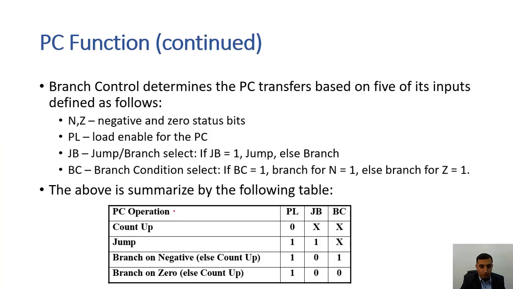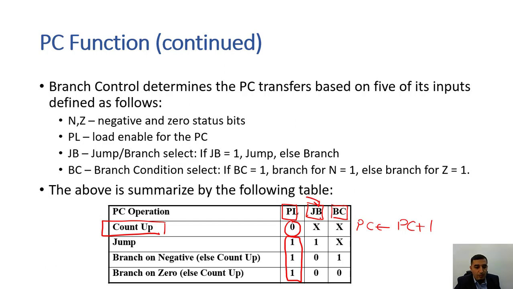So in order to do all of that, we need the PL jump/branch, and then we have the branch control. Okay, branch control. So if PL is equal to 0, then we are going to count up: PC plus 1. If PL is equal to 1, this means we need to check, are we going to jump